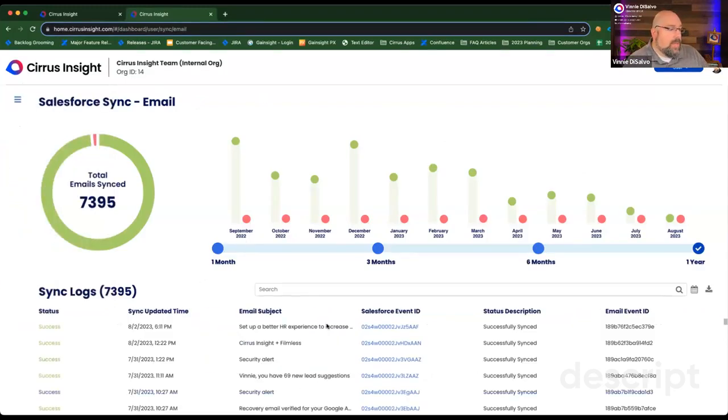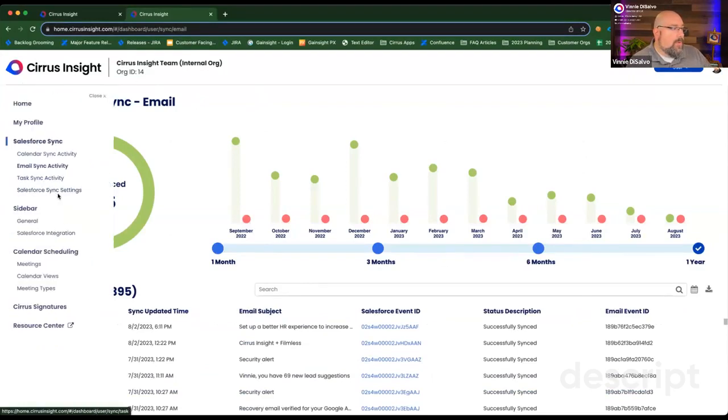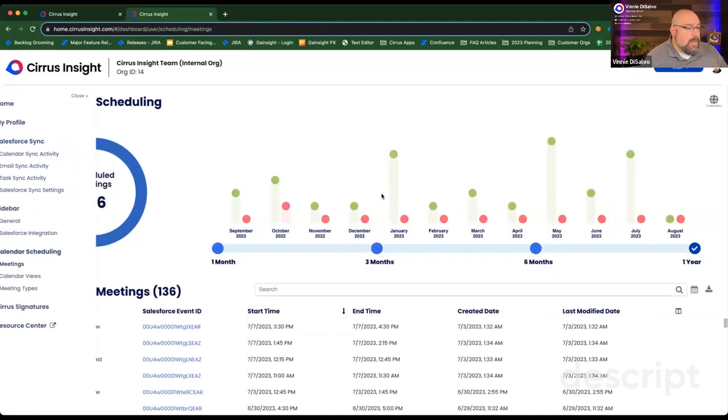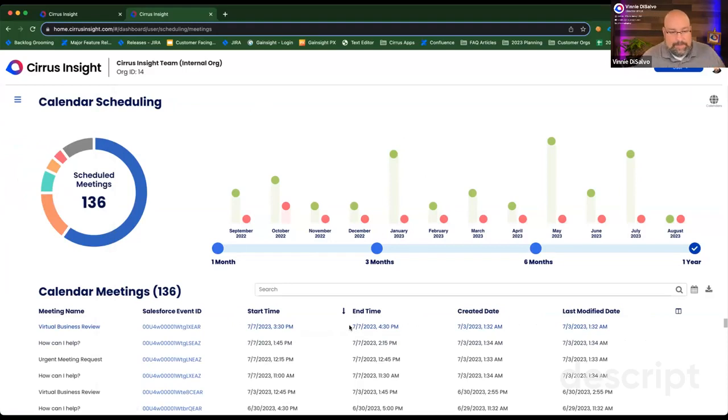So you can kind of see what those are. And again, all of these analytics are exportable right through the dashboard as well. And again, I just showed you calendar, email, those analytics are available there. And then what I showed you earlier was under calendar scheduling, and that's what these analytics are. So that's essentially what I wanted to cover overall in terms of some of the key features that you might